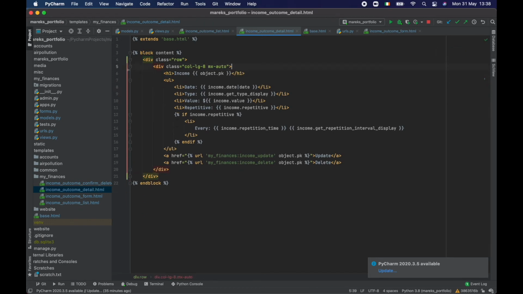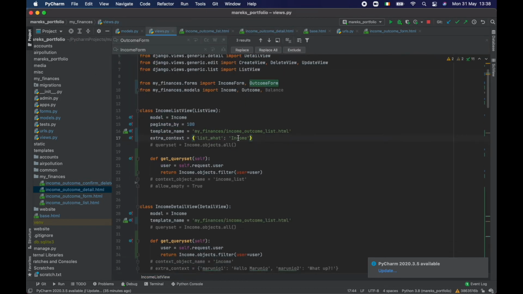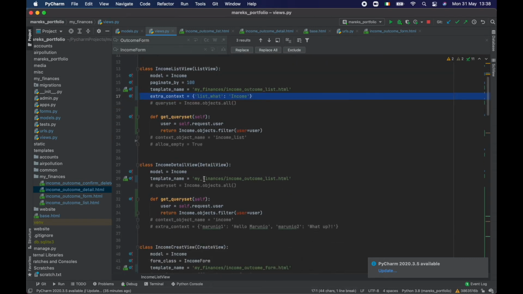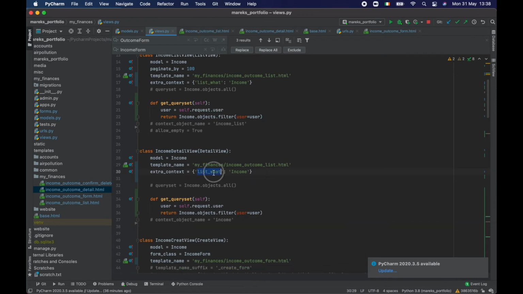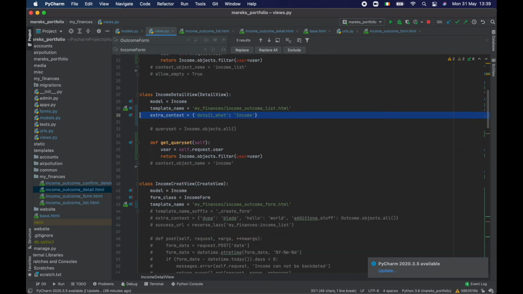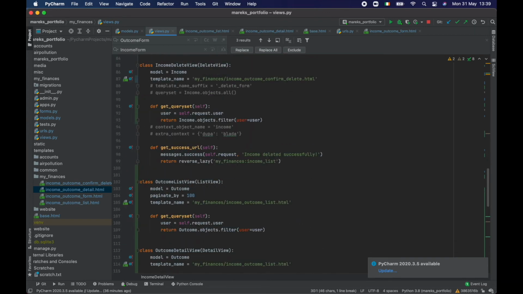So let me just delete that. And then, okay, so I forgot about the detail. So again, income, we want to go to detail and do the same. So let me just copy extra context, sorry, and add that here. So we can delete this because we are using it, and not list what, but detail what. Okay, income and outcome detail